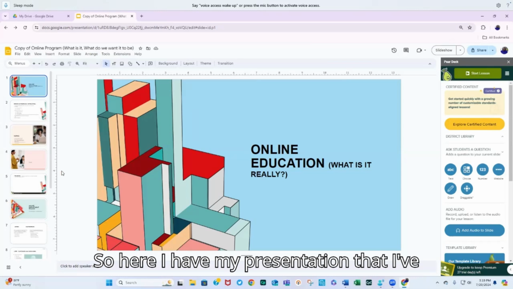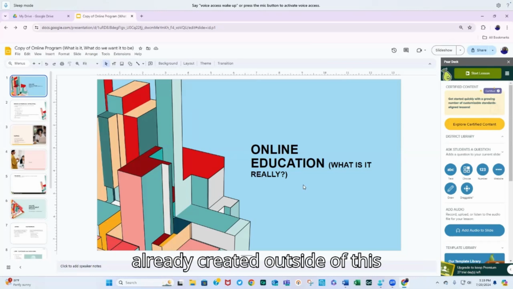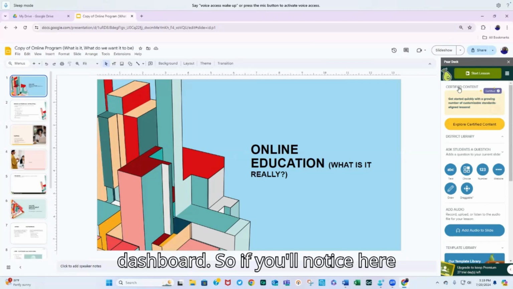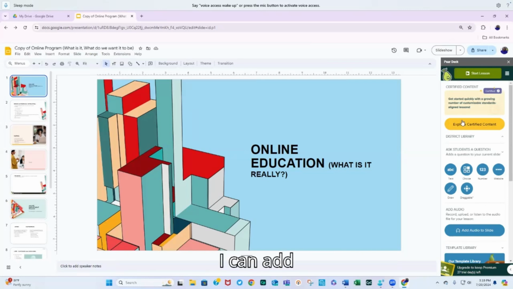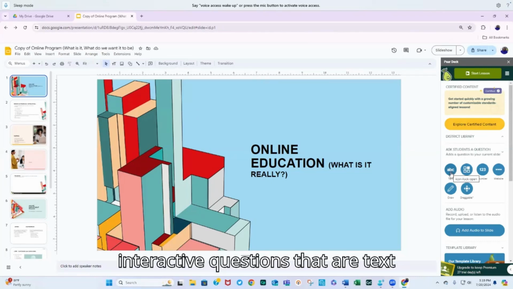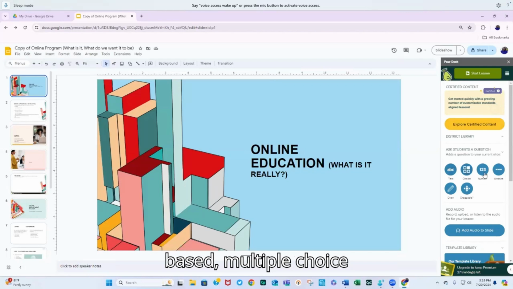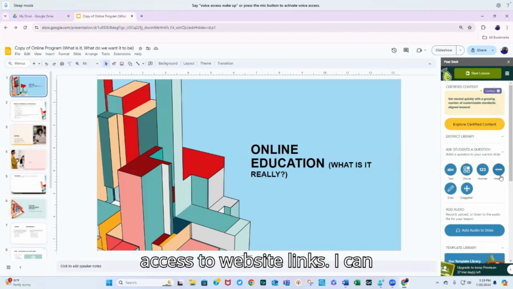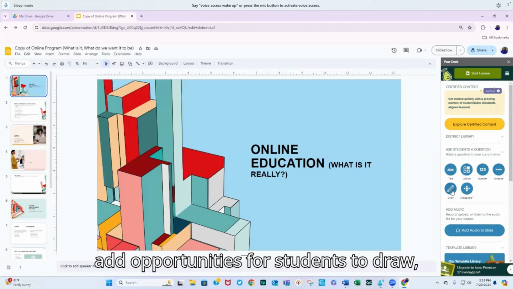So here I have my presentation that I've already created outside of this session, and then I have my Pear Deck dashboard. If you'll notice here, I can add interactive questions that are text-based, multiple choice, number-based questions. I can have access to website links. I can add opportunities for students to draw,